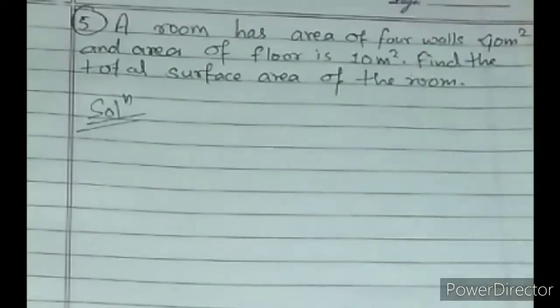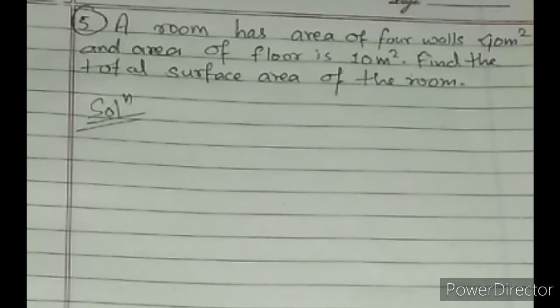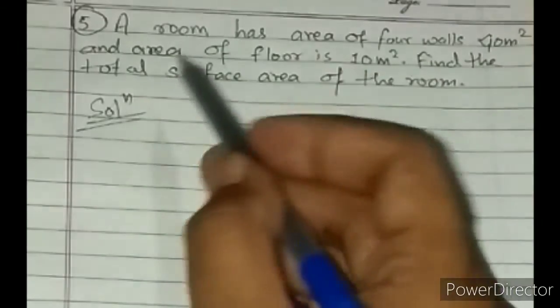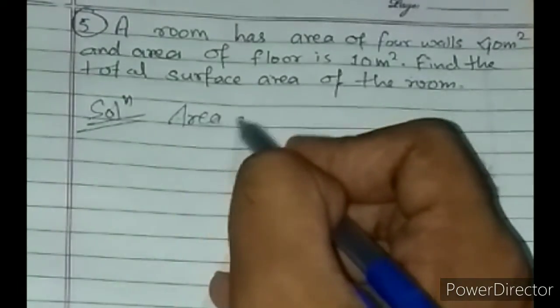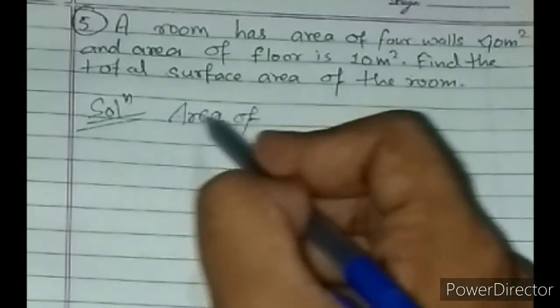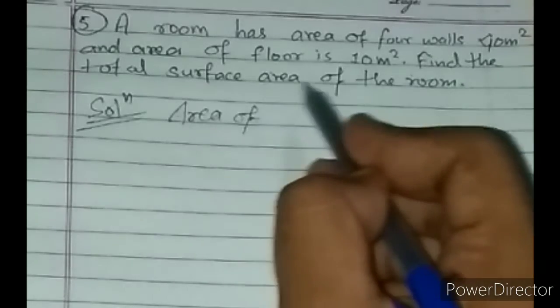Today I am doing very simple questions only. These are basic things, because this is a new topic for you which we have not done in class 8. That's why I have started from the beginning. Before, I used to do directly from the next section, but here these are all new for you. That is why I am giving you from the basics. Our room has an area of 4 walls, but you can understand this very easily, and in a short question this kind of question can be given.